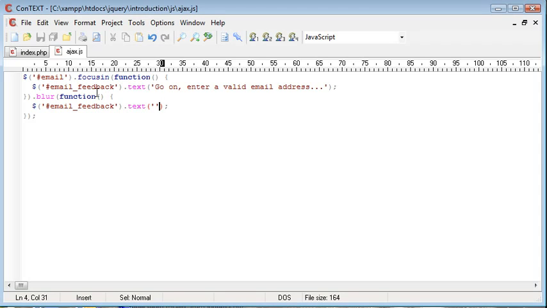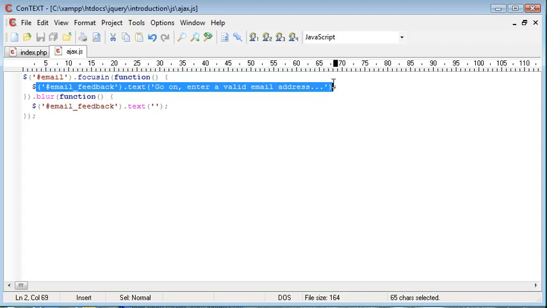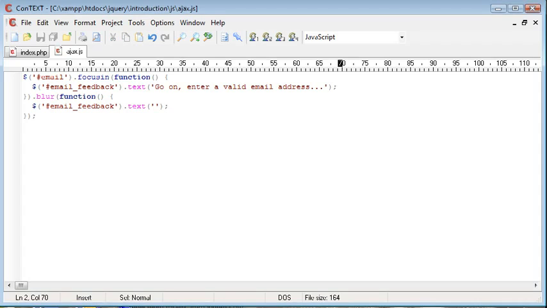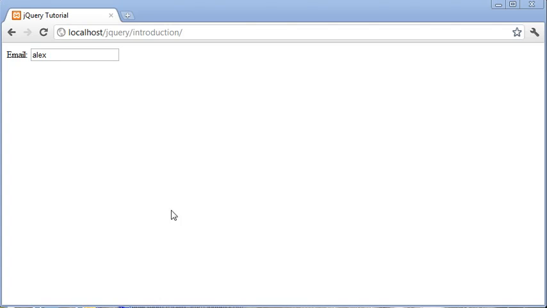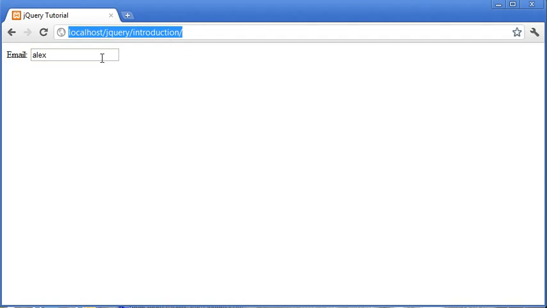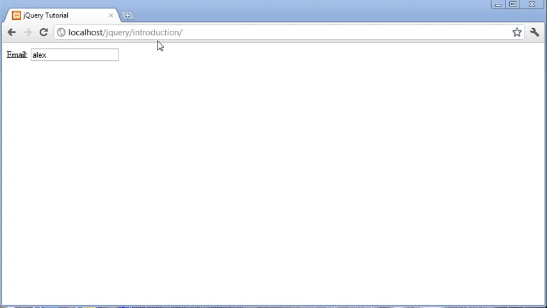So now that we have these two, they aren't quite complete yet, for the simple reason that, for example, if I was to type something in here and leave and come back, you can see that it now disappears like this. Now this is absolutely fine. However, if we were to go and click into this, we actually need to be able to